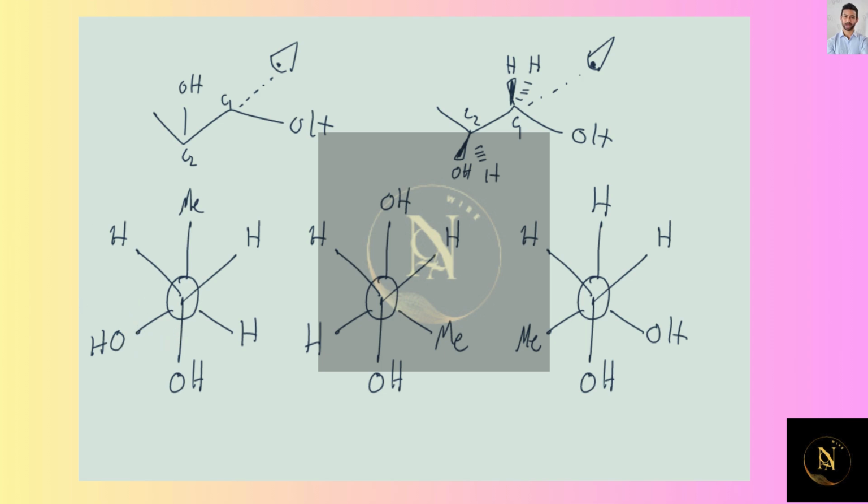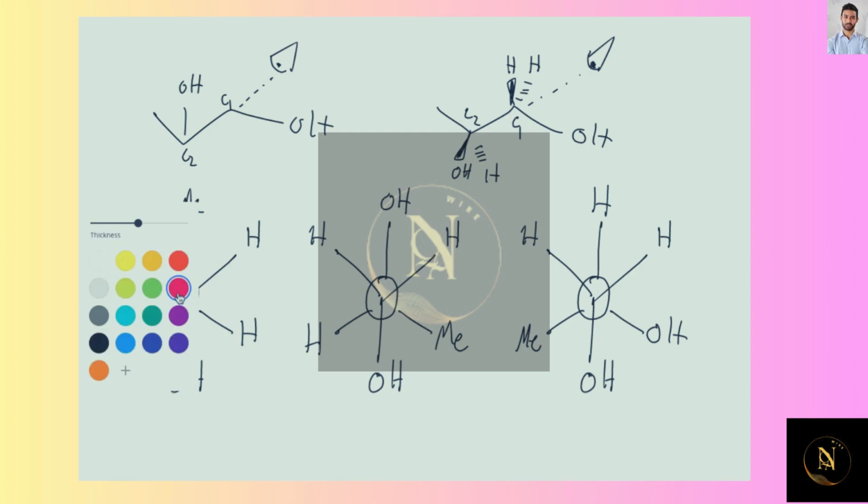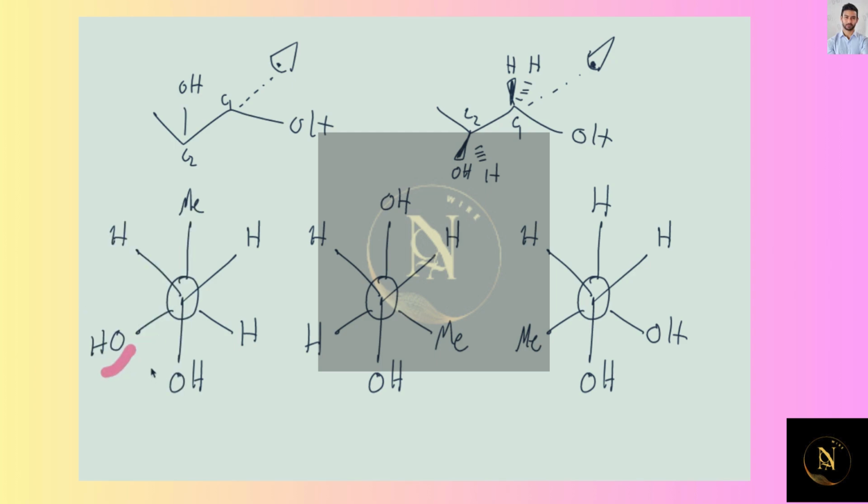Okay. So I will use this red to be, okay, that's a gauche interaction between OH and OH. Okay. And I will use blue to be a gauche interaction between methyl and OH. Okay. And we'll see clearly one of these is worse than the other. The one on the right has gauche interactions between OH and methyl. Okay. So then really the question is, is it better to have OH-OH gauche or OH and methyl gauche? And the answer is that it's best to have